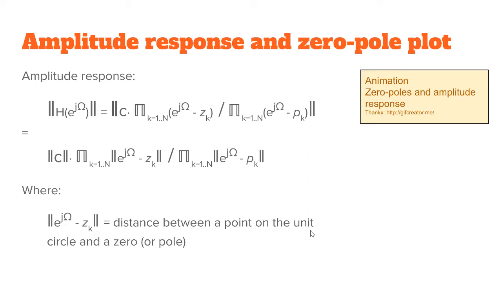So our transfer function was basically either the sum of b_k times z^(-k) divided by the sum of a_k times z^(-k), or with a product. As a product, you can also write this one as a product of z minus the zero point and z minus the pole point. When you do the magic